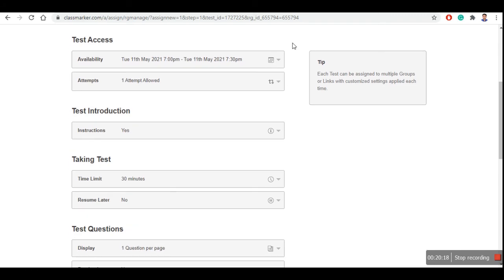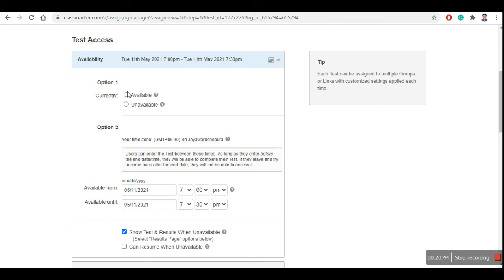Say you want the test should appear in between 7 p.m. to 7:30 p.m. of a particular day. So in between that time only, if any student is logging into their account, then only they will be able to appear for the test, or else they will not be able to appear for the test. Okay. So in that case, you can choose the availability. Or you want to keep it available right now, so anytime you want to close it, you just go to the test, you can go to settings, and you'll always have the provision to change it, or you can make it unavailable, right?